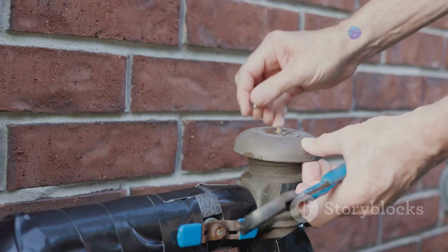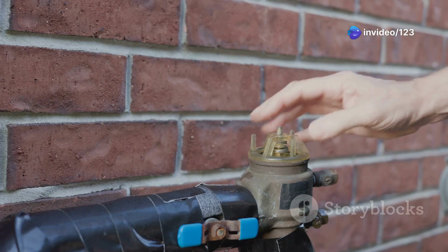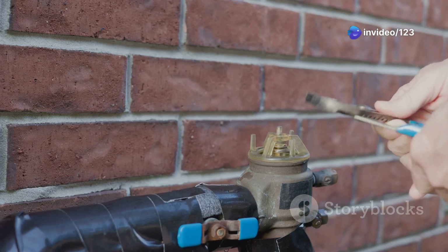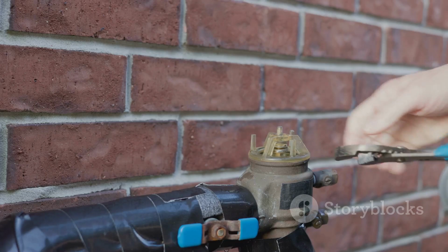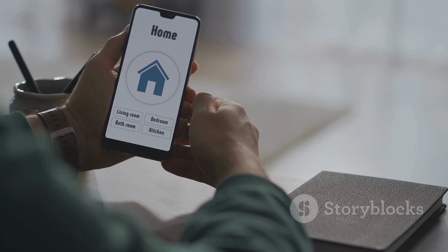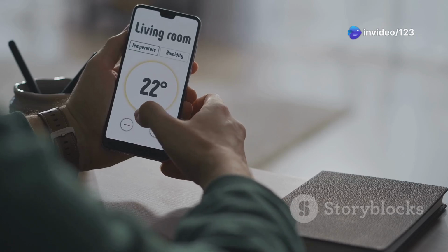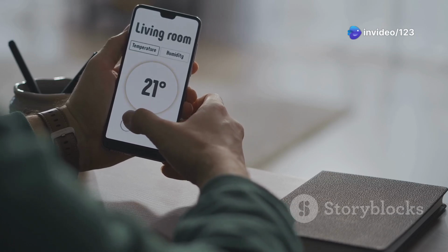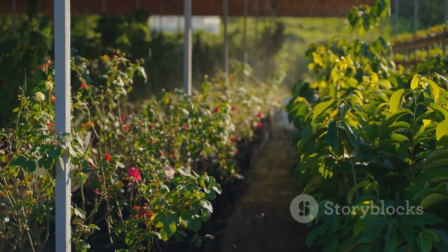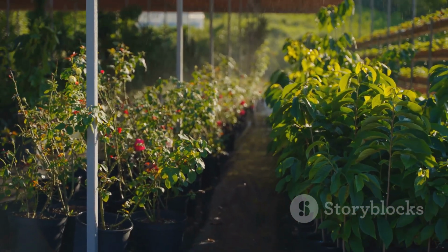One of the standout features of the B-hyve is its ease of installation. Even if you're not exactly a DIY expert, you'll find the setup process to be straightforward and hassle-free. The accompanying app, while not quite as polished as Rachio's, is still pretty straightforward to use. It offers a user-friendly interface that allows you to control your irrigation system with ease. You can create custom schedules tailored to your garden's needs, ensuring that your plants get the right amount of water